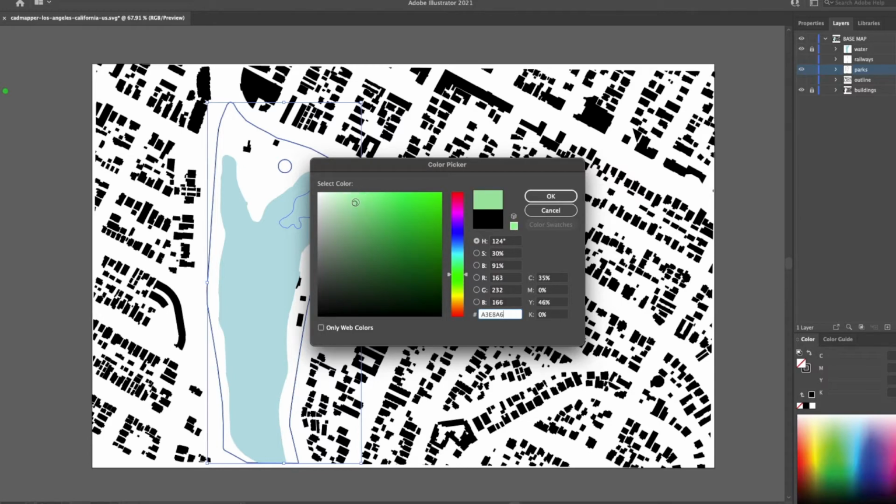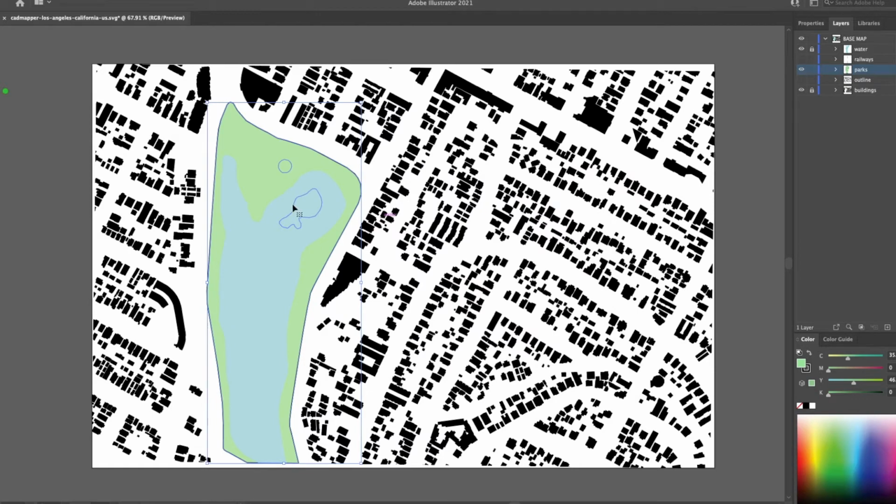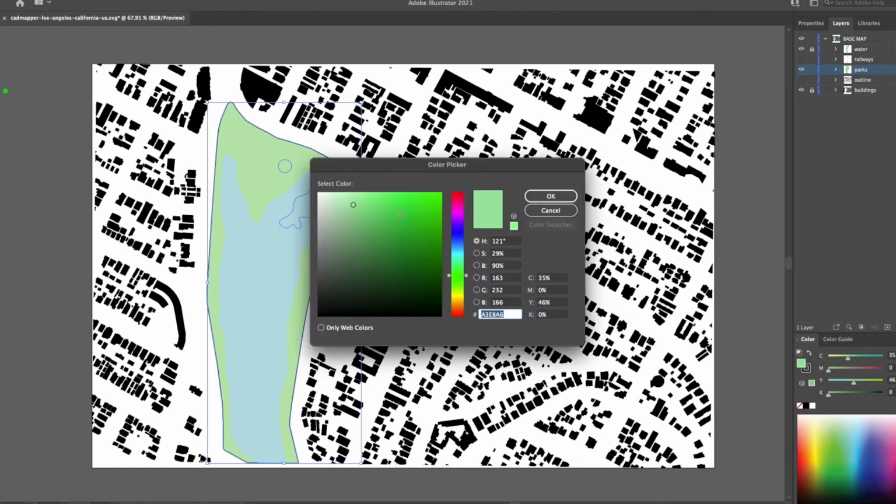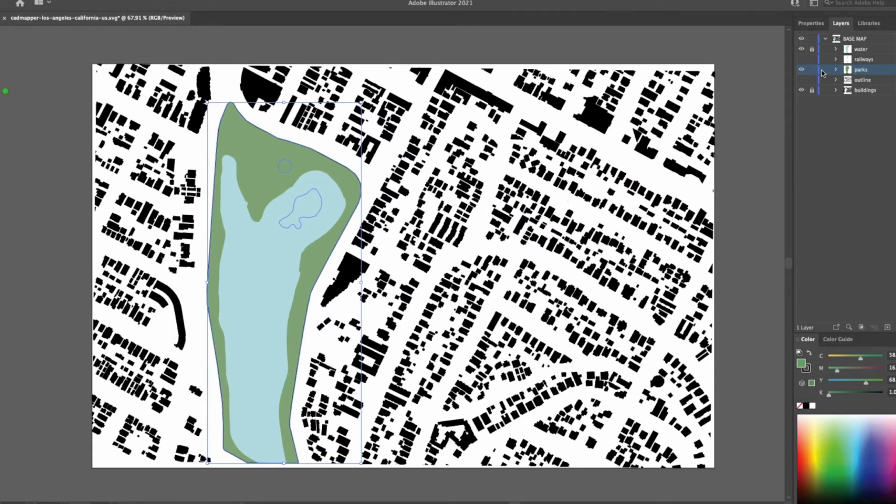It's better to choose lighter colors or colors that are fairly contrasting. You can see that this is almost too light. I'll go slightly darker here. And this is already in the background of our water layer. Anything should be beneath the water. If the water is below one, be sure to drag that up on the layers list to show that hierarchy so it does come on top. And I'll lock the parks layer, enclosing that base map. Oops, I see that I left an outline here, and remove that. Now that we're done with our base map layer, we can collapse it, lock it again,